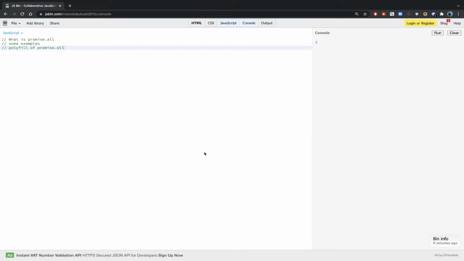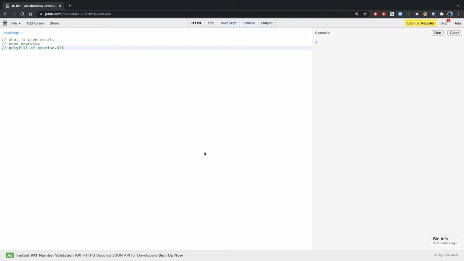But basically Promise.all will take an iterable, or better we can call it an array, which will consist of different promises. Now what happens is Promise.all will run all of these promises, and if any one of them rejects, it will not wait for the other promises.